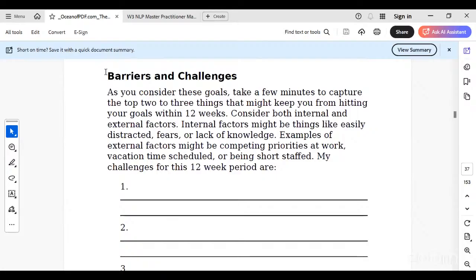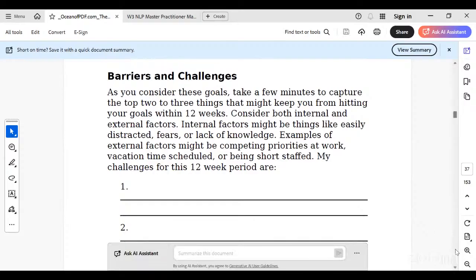Barriers and challenges. As you consider these goals, take a few minutes to capture the top 2 or 3 things that might keep you from hitting your goals within 12 weeks. Consider both internal and external factors. Internal factors might be things like being easily distracted, fears, or lack of knowledge. Examples of external factors might be competing priorities at work, vacation time scheduled, or being short staffed. My challenges for this 12-week period are,